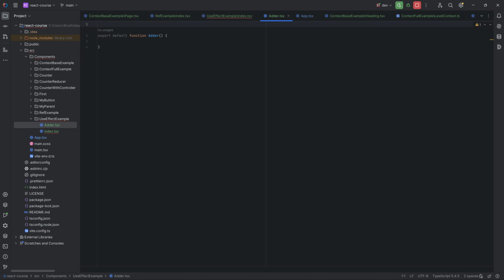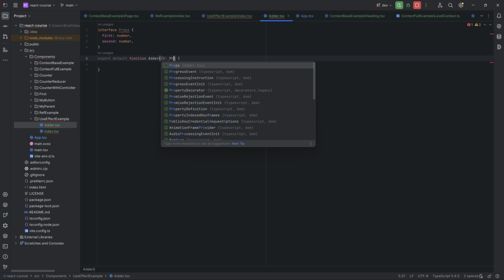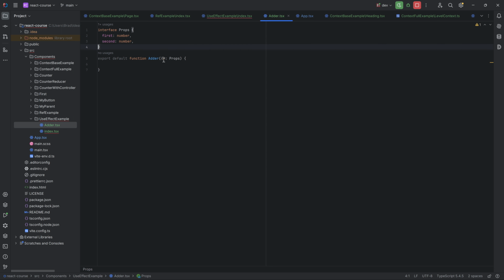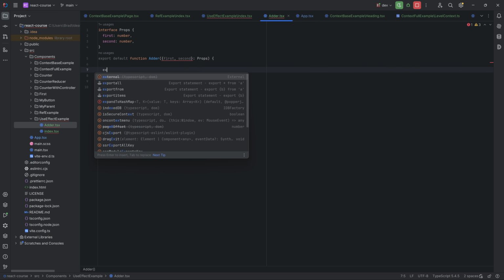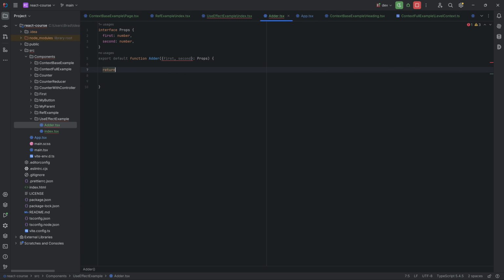And we'll make an interface of props. It takes a first, which is a number, and it takes a second, a number. And then I'm just going to set up my props here as well: first, second. And then we want to return